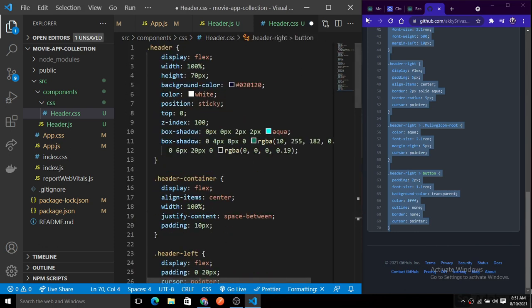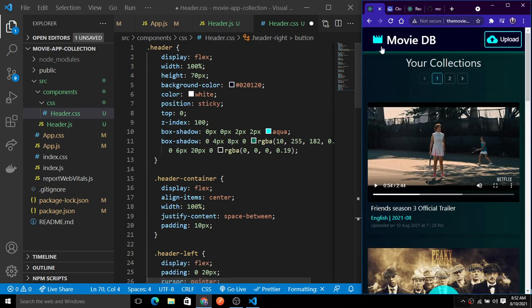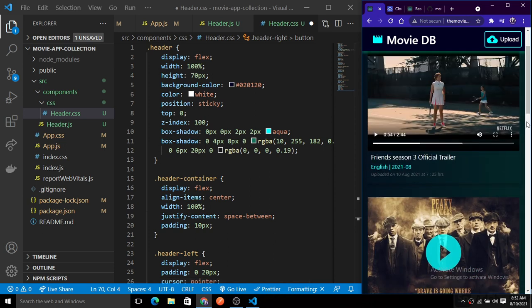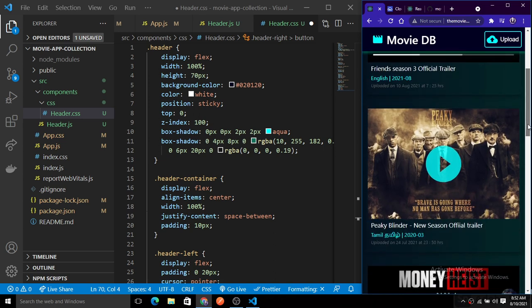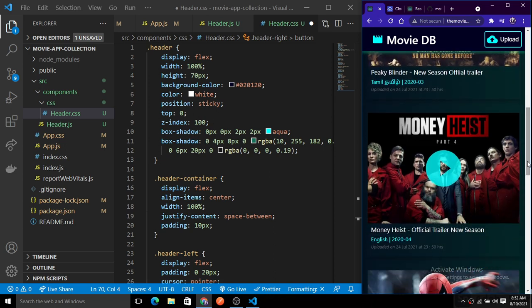So the header you can see here. So basically we have this header, we have given the display flex, and we have just specified the height. And when I scroll this, you can see the header is always at its position, it is just fixed there. This fixed position we achieve from the position of sticky. So sticky will simply provide a position specification for the header.